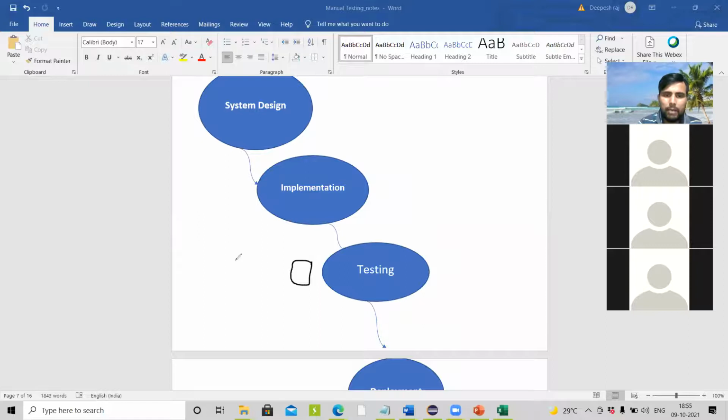We have approximately spent 7 to 8 months up to this phase. So the customer is coming and telling us to change the requirement.